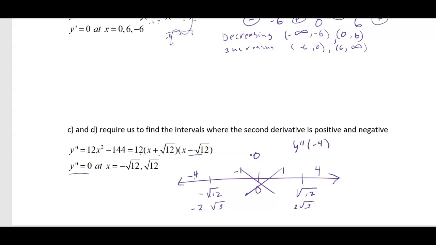Y double prime of negative 4 will be, so negative 4 plus root 12 will be less than negative 4. That'll be a negative number. That'll be a negative number. That'll be positive. The other thing you can do is realize this is an upward opening quadratic. So you've got one root, you've got the other. You're going to have positive on the ends. And if I do y double prime of 0, I will get a negative sign. And if I do y double prime of 4, I will get a positive again. 4 plus root 12, 4 minus root 12 will both be positive. So I get concave up